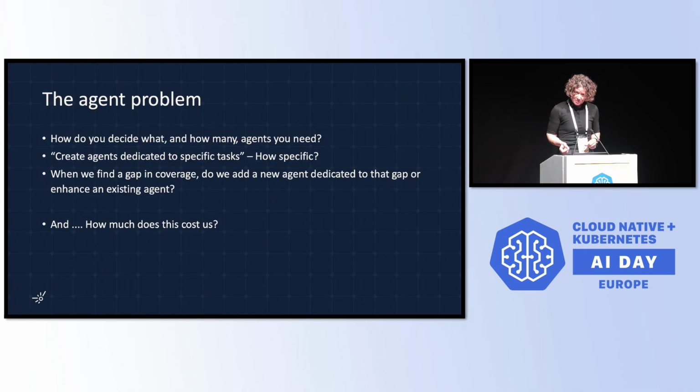We ran into this problem, at least, and maybe you faced it yourself, is that for complex use cases, how do you decide what agents you need? So if we're assigning a task to an agent, how specific do tasks need to be? If we're not getting back the answers we need, do we just add another agent? Do we continue to refine the prompt? Like, how do we tweak our system so that we improve the quality of our answers?